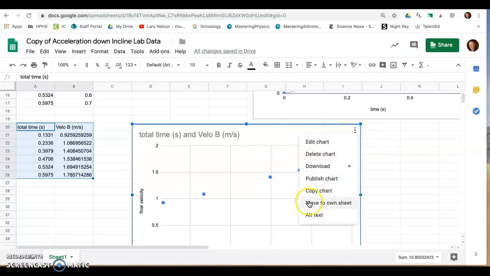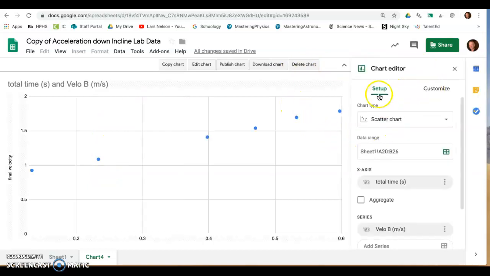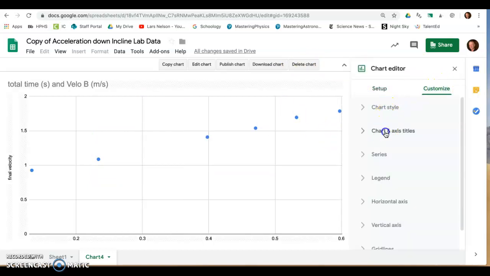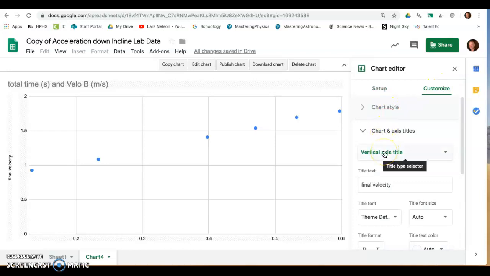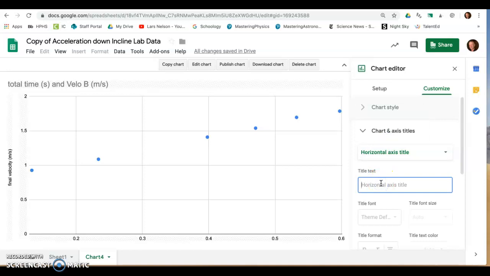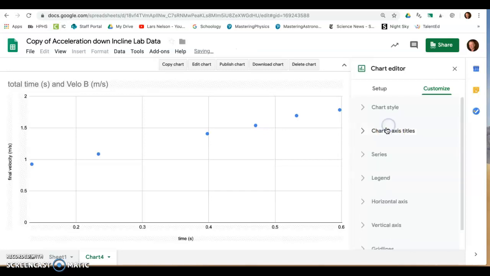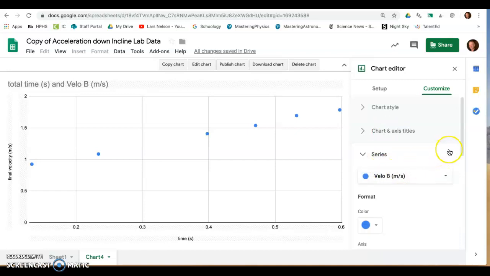Now I'm going to move this to its own sheet. And you can begin to edit the chart, customize the data. We'll label the final velocity in units of meters per second on the vertical axis. The horizontal axis will be the time in units of seconds. And if we expand the series of data,